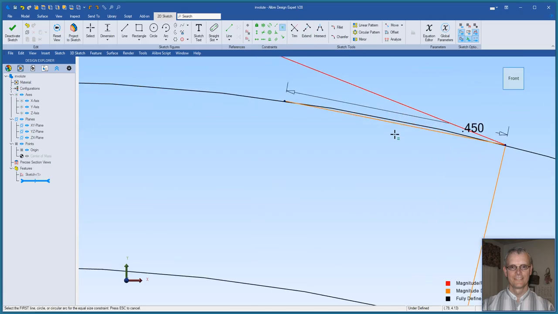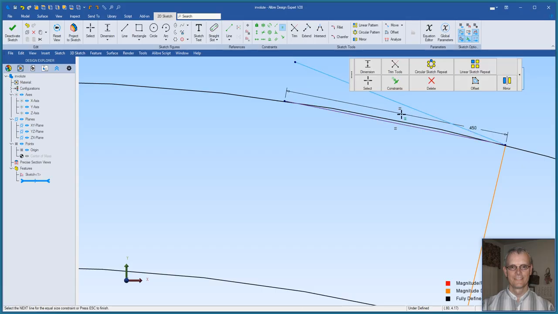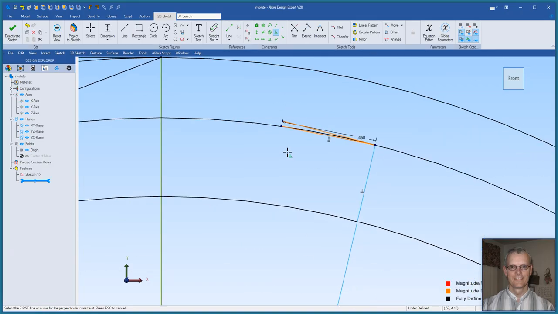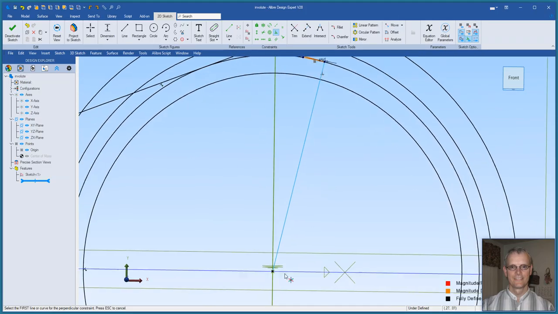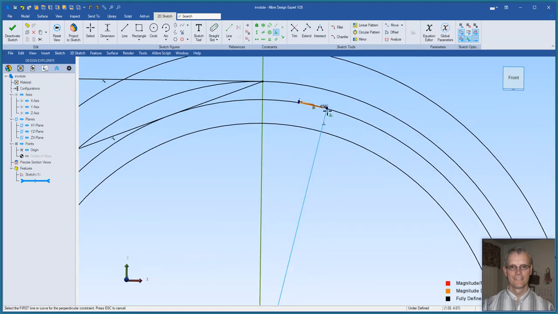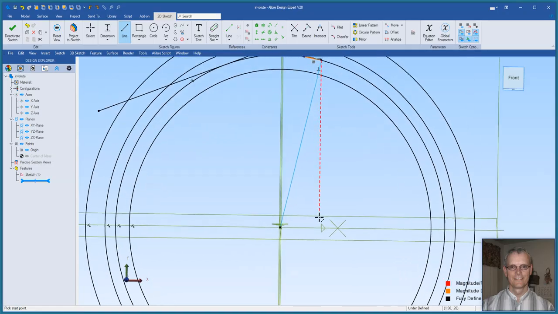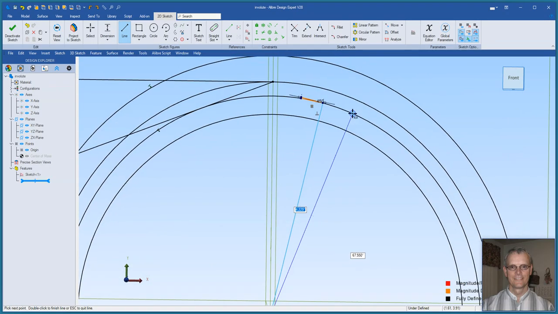Now, this is going to be my standard length for this geometry. And now I have this part, which is part of the geometry to create the involute curve, set at the same length. I will make this at 90 degrees to my other piece of construction geometry, which goes to the center to the base circle. Now for the next piece,